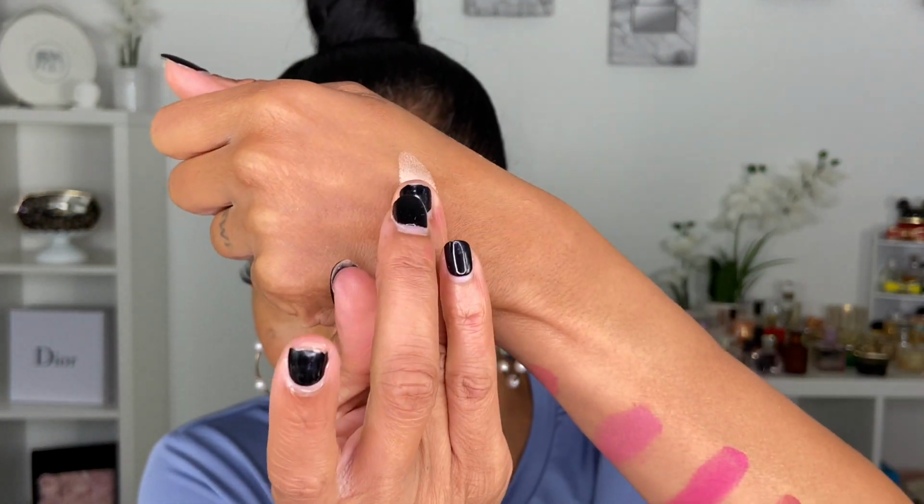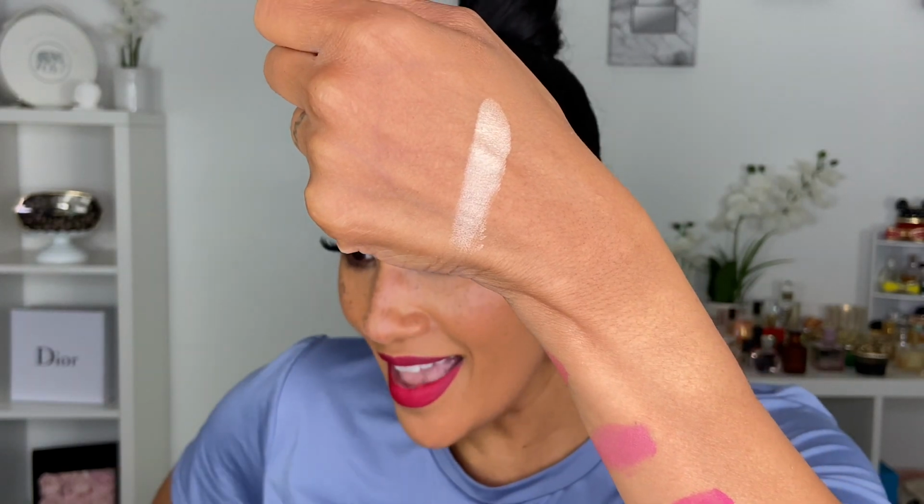This highlighter is so blinding, but so smooth. A little bit goes a long way, so it doesn't have to be blinding if you don't want it to be. But if you want to take it there, oh my gosh, look at that. And they have multiple shades. So this is one of the lighter shades, but if you are of a deeper complexion, there are deeper shades. I'm telling you, this looks like